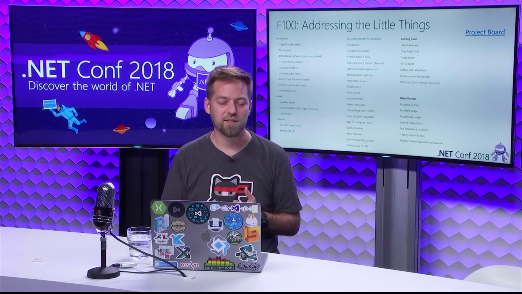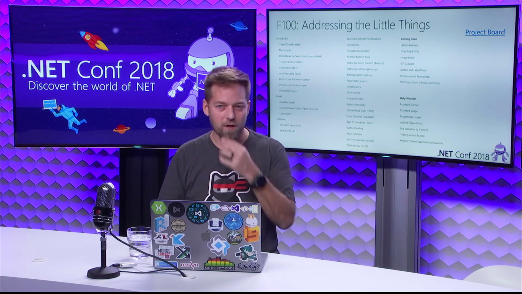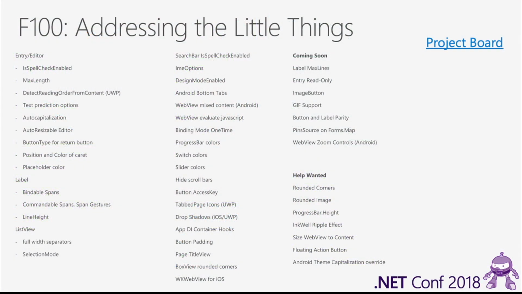Why do you have to do these things? And what we came up with through that, and through also talking to other developers on the team, was this list of F100s. This is not the full list here. These are the things that we're delivering or will be delivering soon. Essentially, these are little paper cuts. These are the things where you're like, oh man, why do I have to go down into native code when all I need to do is set one property or do one little thing? Or things that are very common that need to be done that are just currently not very easy to do